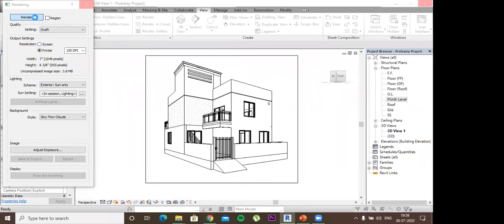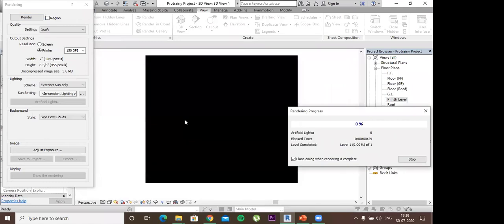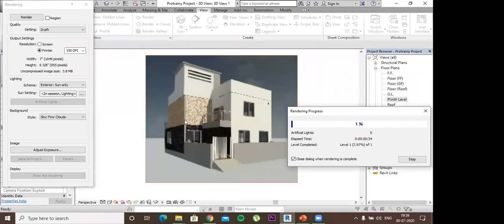Okay, our first doubt is, suppose the property is same, but we want different material on it. So we can apply different type of materials through this paint process, which I have told you. If all the properties are same, we have applied same type of properties, we have created same type of walls, then if we want different type of materials on those walls, we have to do it through this paint option.